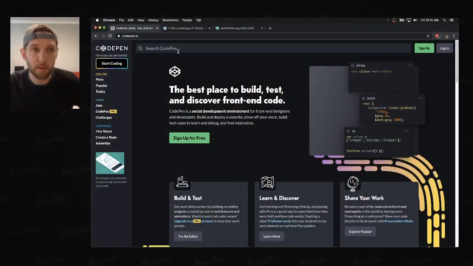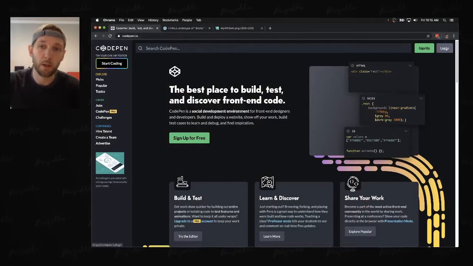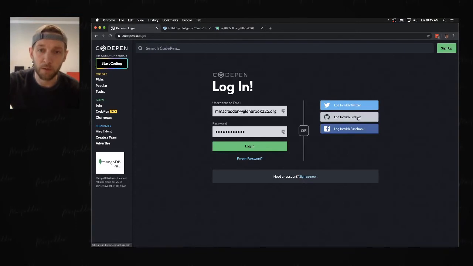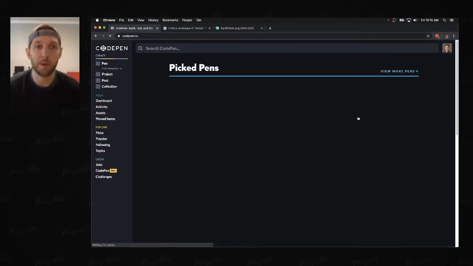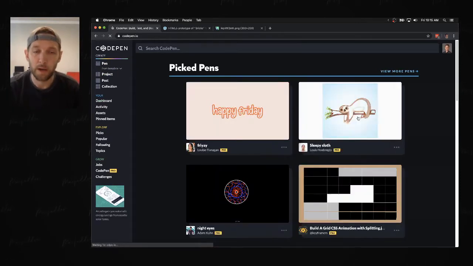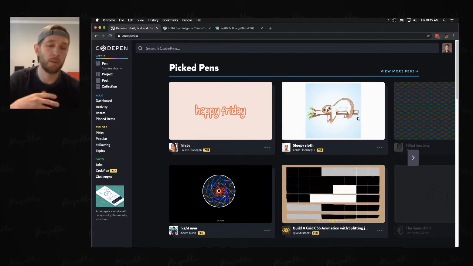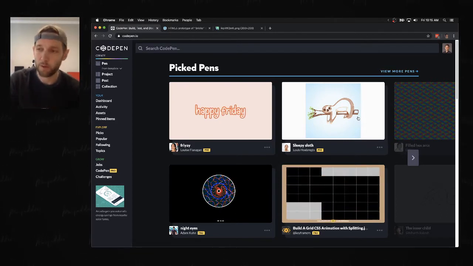The resource that we are going to use is called CodePen. So codepen.io, and you should be able to click login. You might have to hit sign up if it's your first time, but login and then log in with GitHub. We're going to use the GitHub account that we created at the beginning of the semester in order to gain access to CodePen. When you log in for the first time, you might have to go through their wizard to set up your profile or whatever, but the second time that you open up,